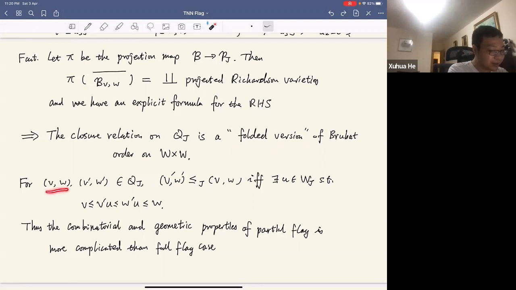If you have these two pairs V, W in Q_J, we see one is less than the other with respect to this closure relation